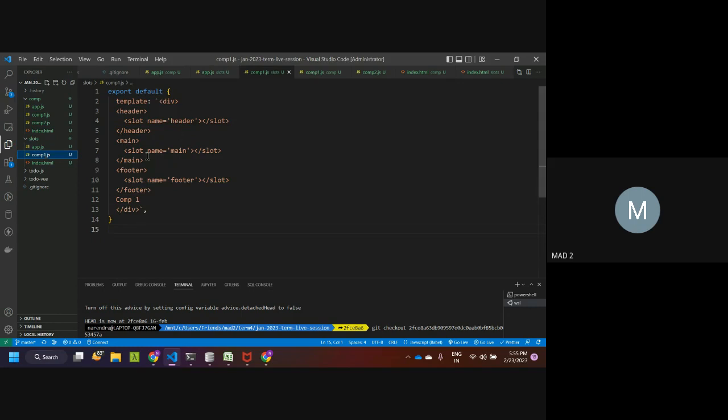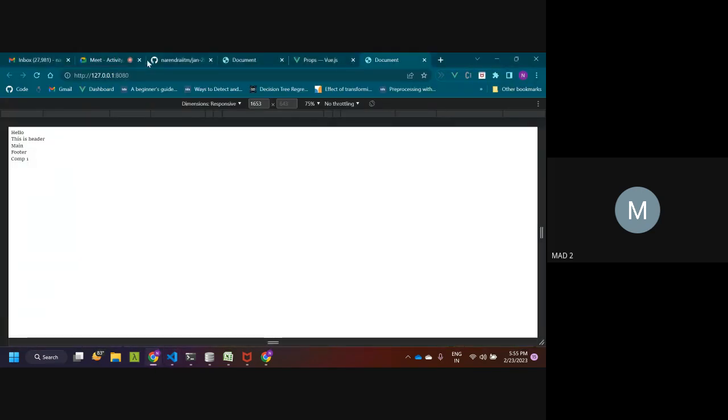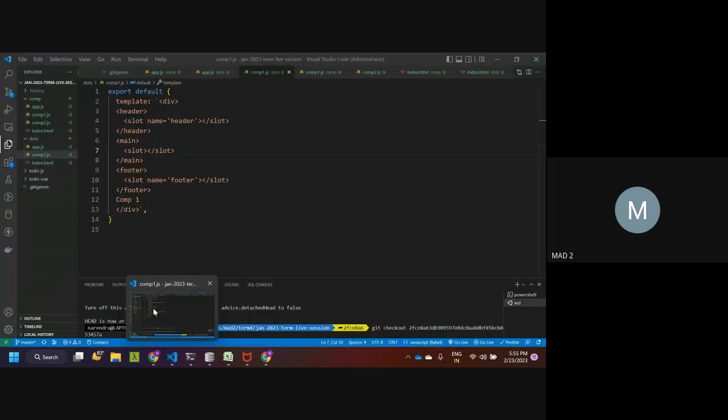And if you remove this name equal to main, you'll see that all these contents will be placed inside here. You can see that the main and footer are being placed. This is how you create a default slot. Whatever you don't put inside a named slot, Vue will put inside the default slot. If I give it a name,